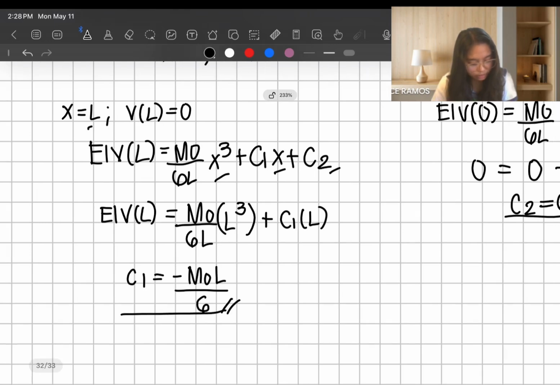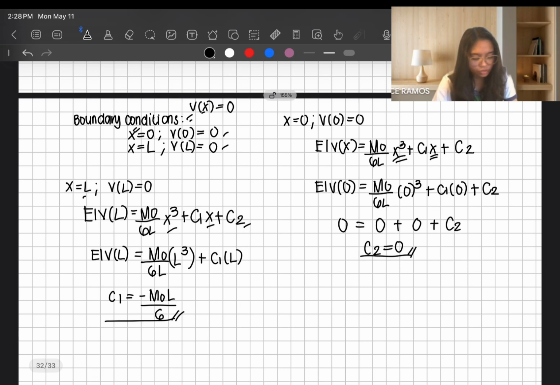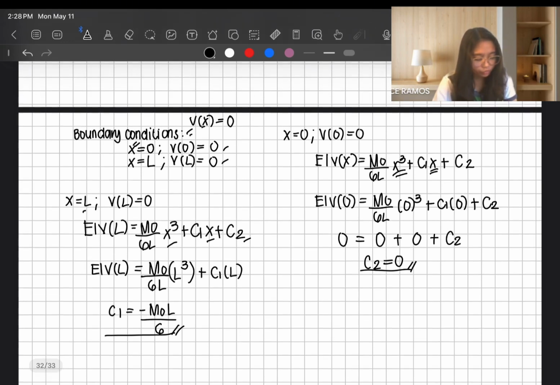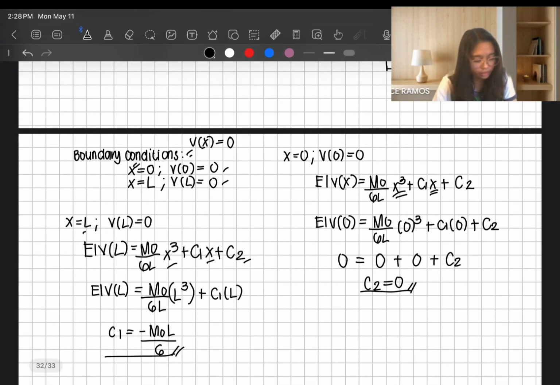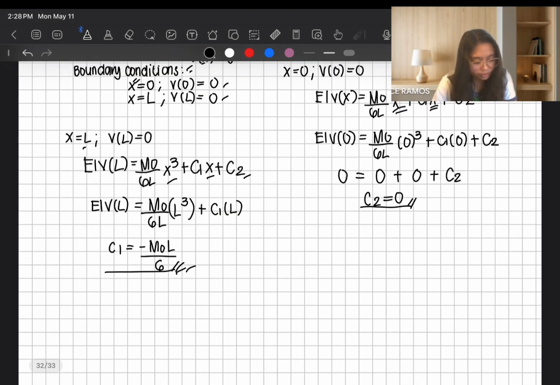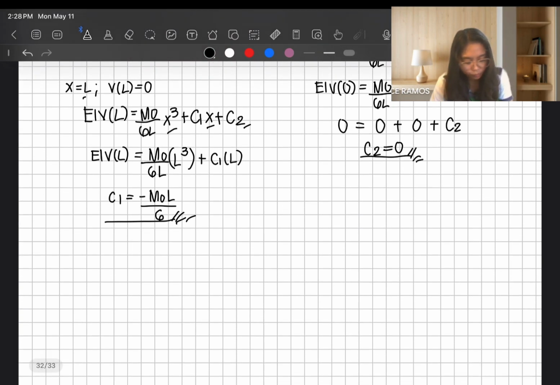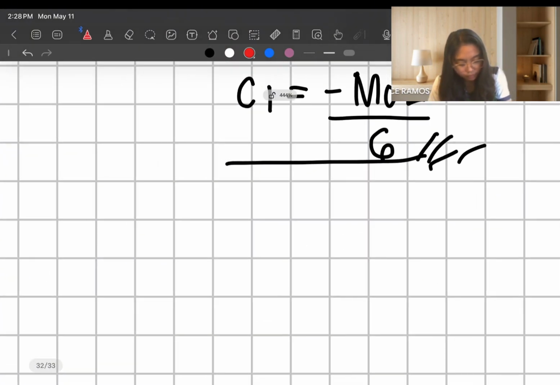So, ito na po yung ating mga value for the unknown constant. So, after po natin makuha yung mga value for the unknown constant, ano pong gagawin natin? So, ang gagawin natin is, isa-substitute natin ito, pabalik dito sa ating equation from the first at second integration. So, simulan muna po natin sa slope. Sulat natin. Final equation